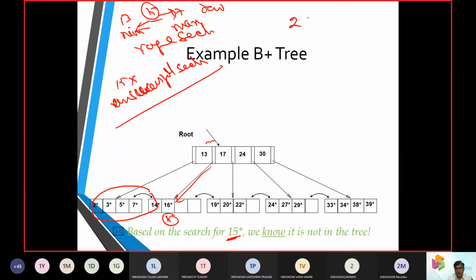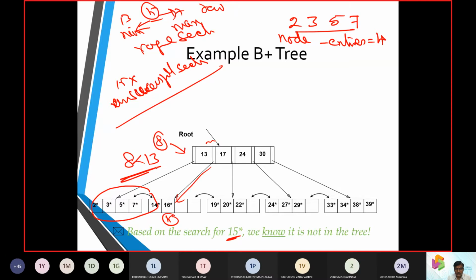Now the node is going to have 2, 3, 5, 7 and the number of entries is equal to 4. Now if I want to insert the item 8, since 8 is less than 13, it is directly going to move to the left side.